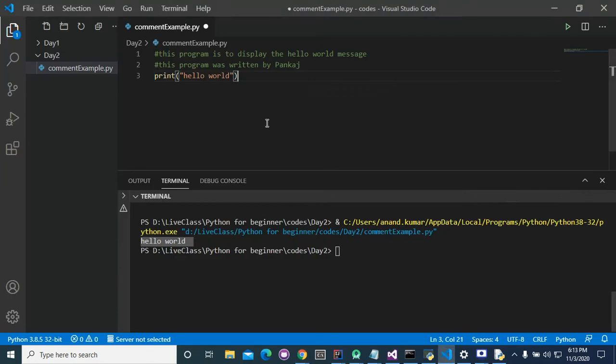Let's assume that three people are working on this code. Then we can add here that this portion is written by Pankaj, and we can comment here that this portion was written by Anand. And we can write some code here.